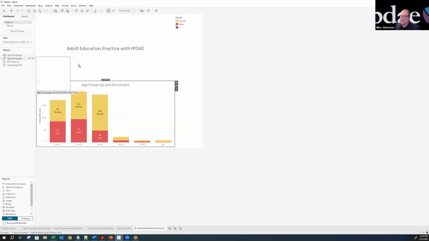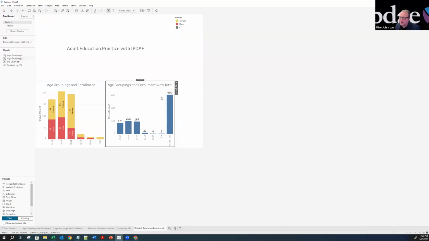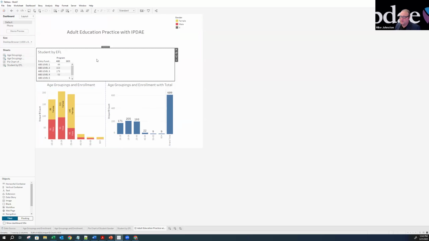I'm going to drag in my next one, and I'll put that adjacent to it. This is the one with the totals. Again, I don't know if I would really do this in a traditional setting. I might just keep the total by itself, but for the means and purposes today, I will go ahead and keep this one. I'm going to drag in these EFLs. I'm going to put this right here. So now I have my EFL. Okay, that doesn't look as nice, but I'll do a little fixing, no worries.